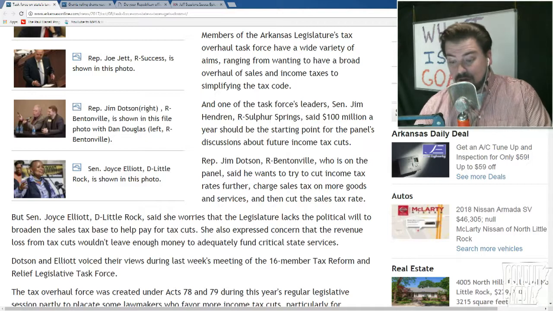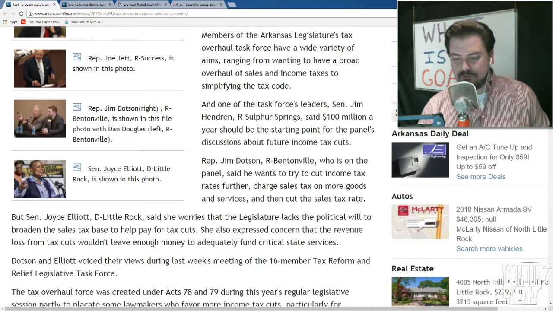Although I did see, I think it was even Hendren, he was actually talking about spending cuts for the first time, and I was like, wow, where is all of this coming from? Now,